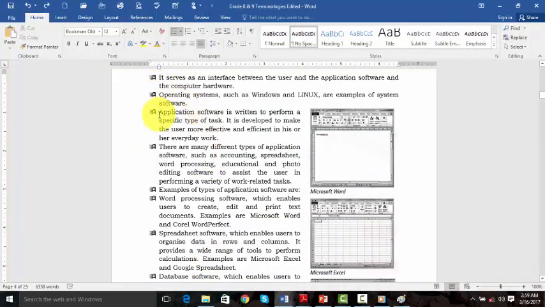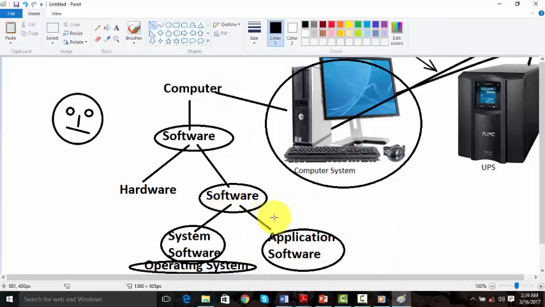What we are saying is that an application software is written to perform a specific task. It is developed to make the user more effective and efficient in his or her everyday work. So now we are going to look at the difference between the system software and application software.